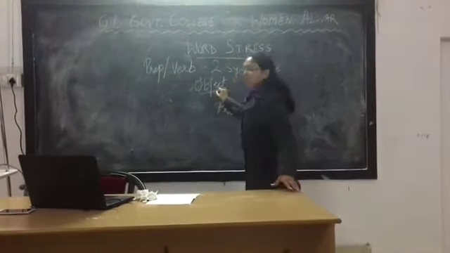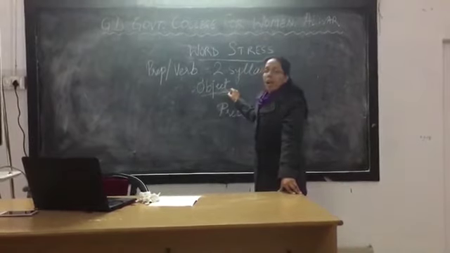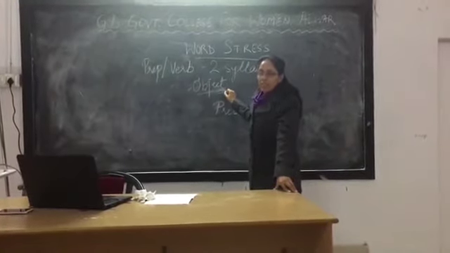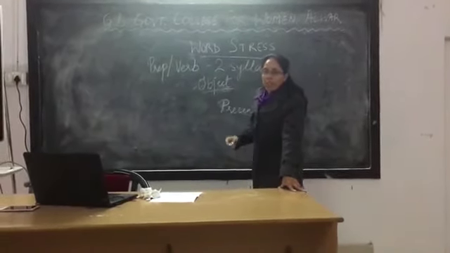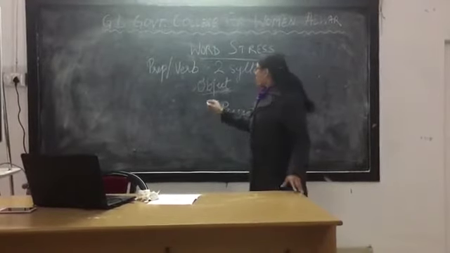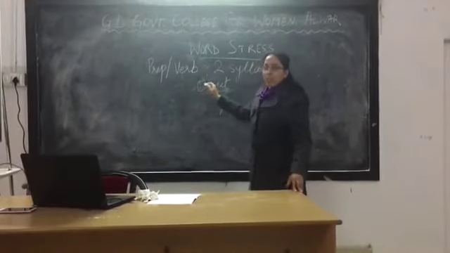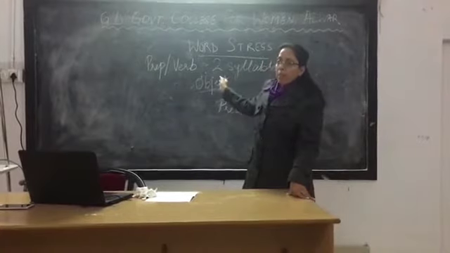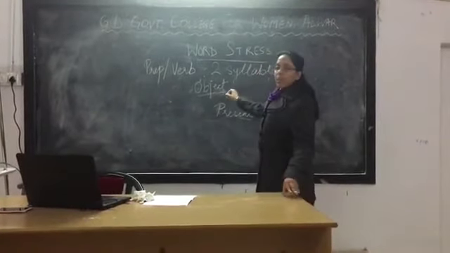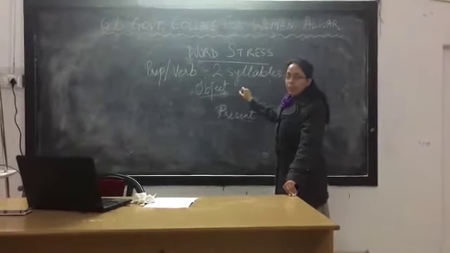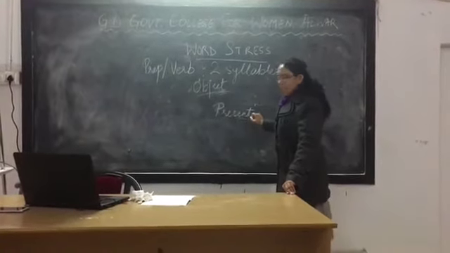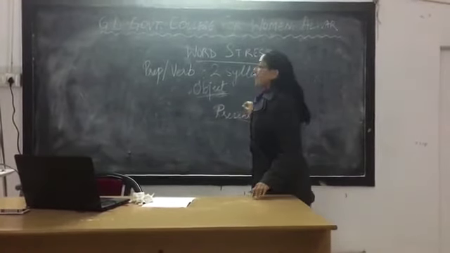So you stress the second syllable. I found an object. She is the object of my desire. So you stress the first syllable. If you use it as a noun, you stress the first syllable. You use it as a verb, you stress the second syllable. Is this clear? Present, export,